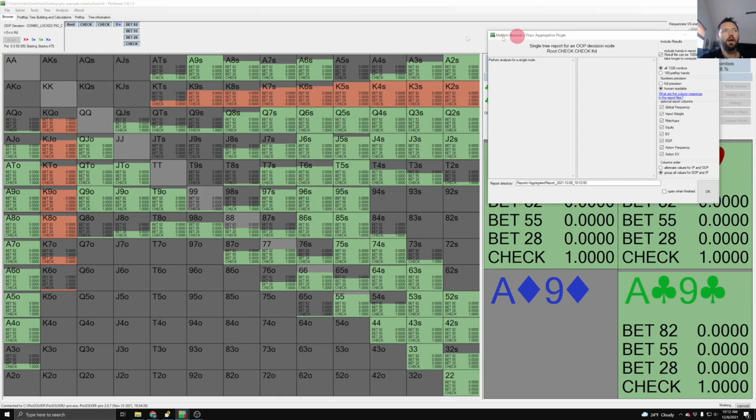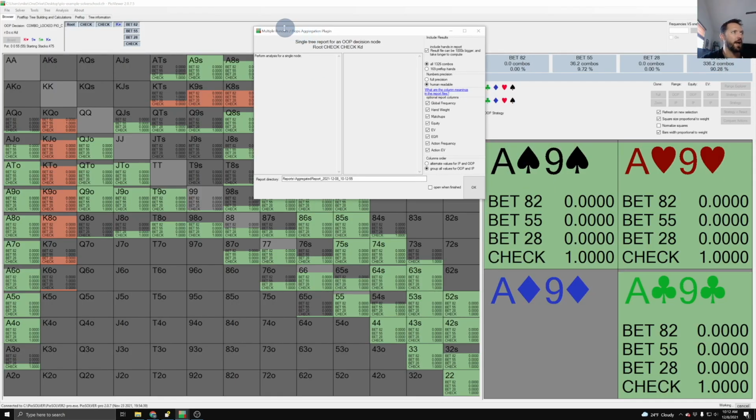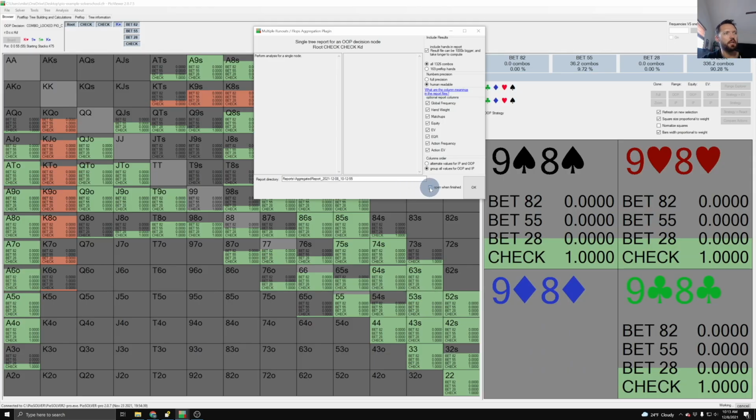By clicking this, it's going to open up this box here where I can look at multiple runouts. By looking at that top option, I can perform an analysis for a single node. I have a bunch of options that I can select here as to what I want to include within the results, whether I want to look at all of the combos or just the individual hands. I can look at things from full precision or make them human readable. And then finally, I can include some or all of these report columns and customize them in different ways. When I'm done with this, I'll click open when finished and hit OK,